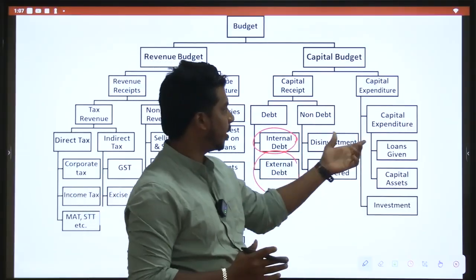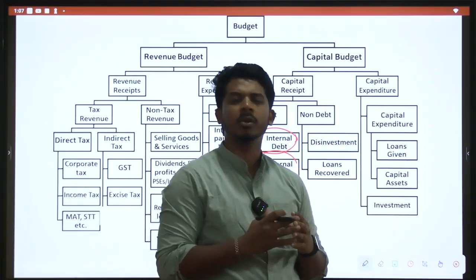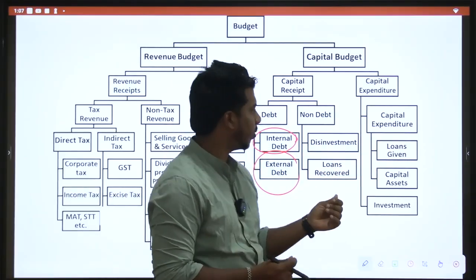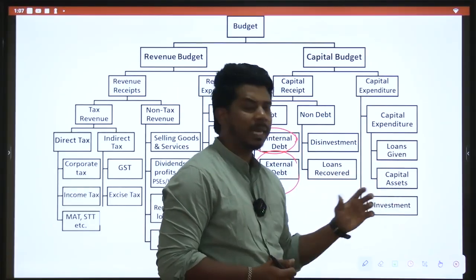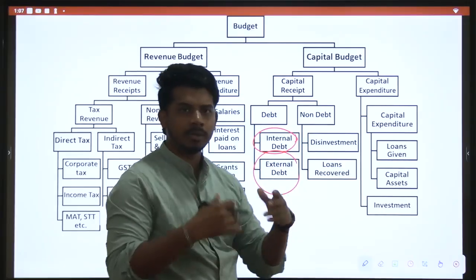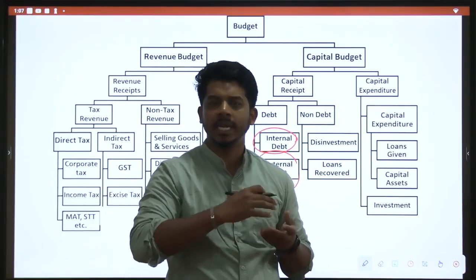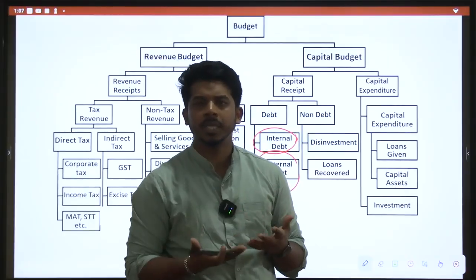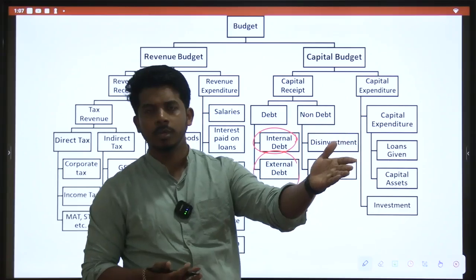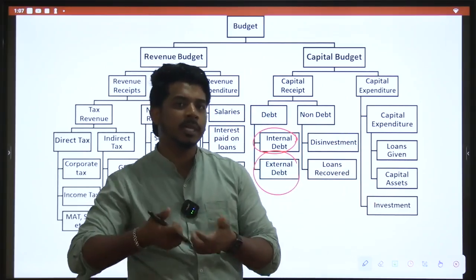So capital expenditure. If I give a loan to something, now if I have given a loan to a state government, that amount is coming under capital expenditure. Okay, loans given, capital assets. So like I have bought something, or I have laid a new road. Government of India has laid a new road. Now it cost something, a new national highway. It would have taken some 1,000 crores. So it is capital expenditure. Here you are creating a new asset. Road is a new asset.